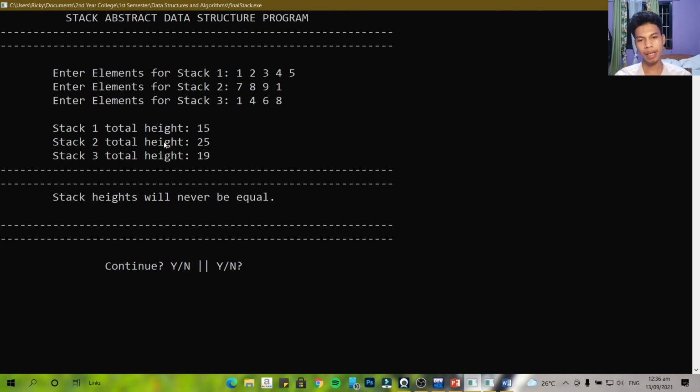If we pop stack 2, the process will be popping the stack 1, maybe the stack 2, maybe the stack 3, but will never meet the condition where the stack 1, stack 2, and stack 3 total heights should be equal to each other. So since the program detected that they will never be equal, the program will display that stack heights will never be equal. So that's the end of the